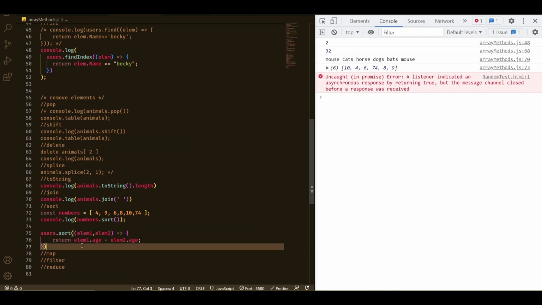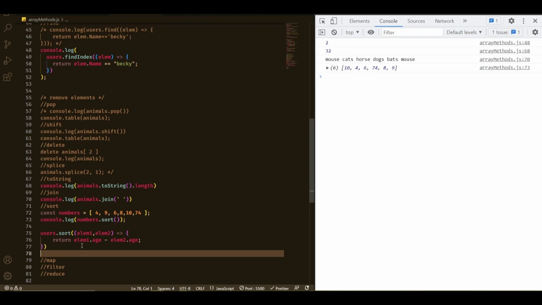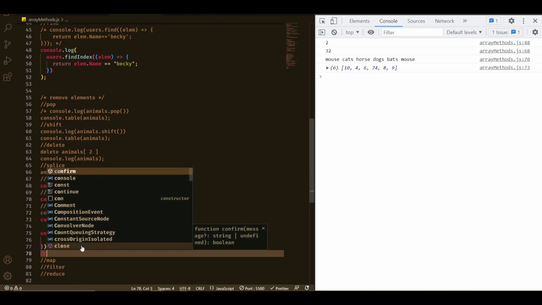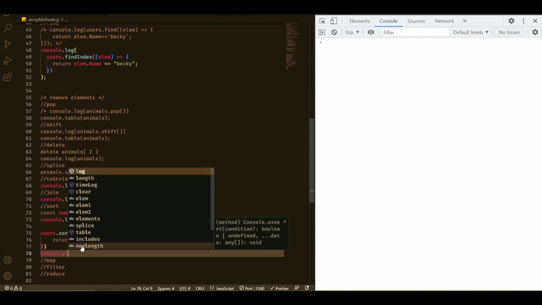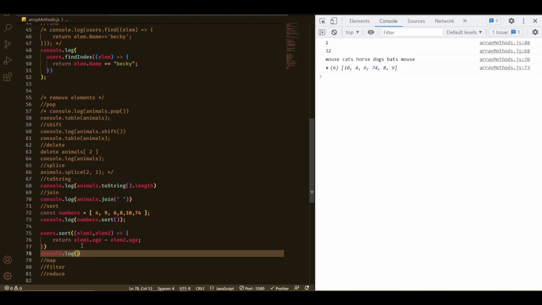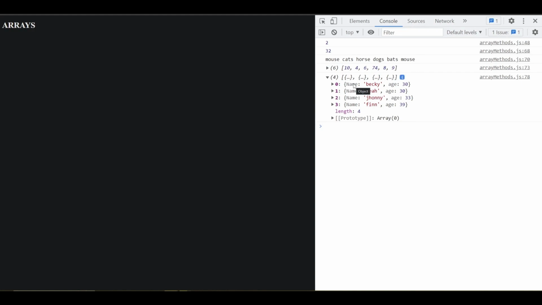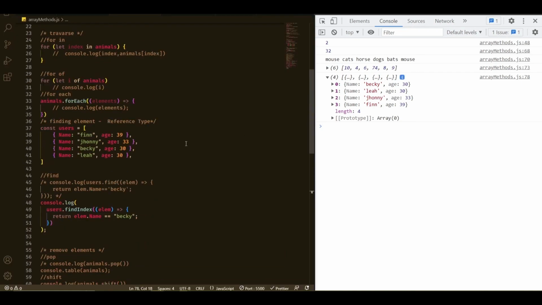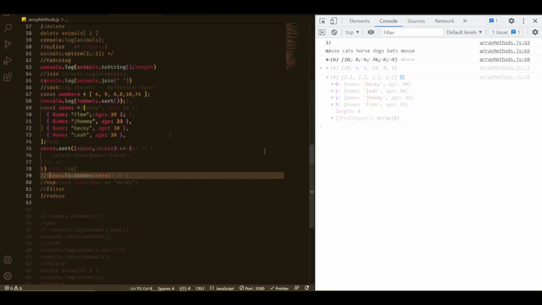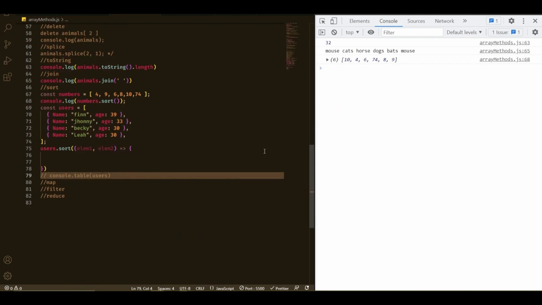Now let's go ahead and let's say console.log users. So yes, as we can see here, our original array was this and it is sorted in age ascending order, 30, 33, 39. So now if we want to sort this users array by the name in ascending order, the previous